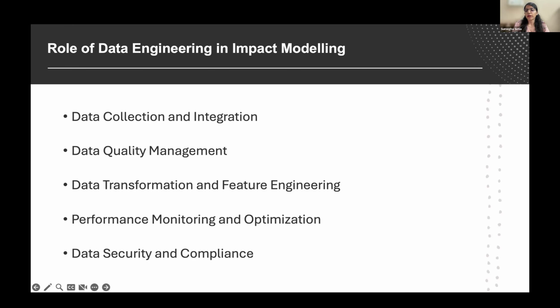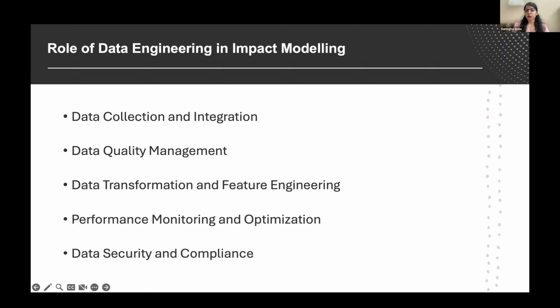Then after that, data quality management is another important aspect while creating any data pipeline or working on any data project. We have to make sure we have high quality data, so we don't have anything which is incomplete or not in line with our expectations. For that we have data validation tools in place, and we make sure to have regular audits of the data so that the data which is expected is there in the system.